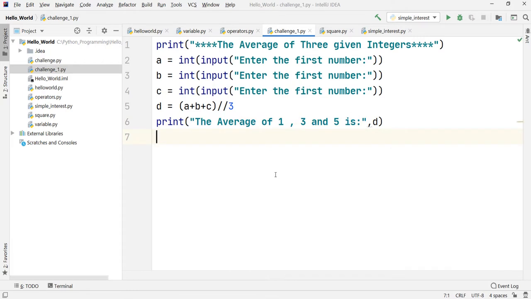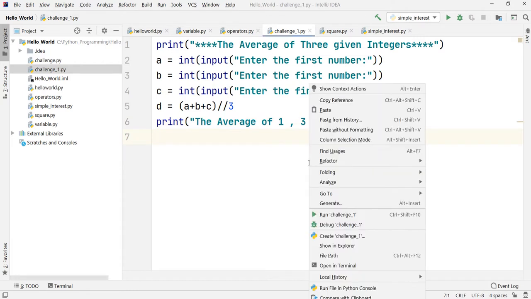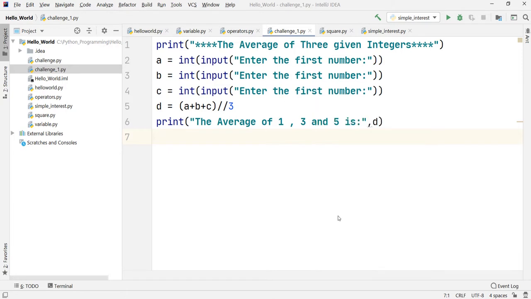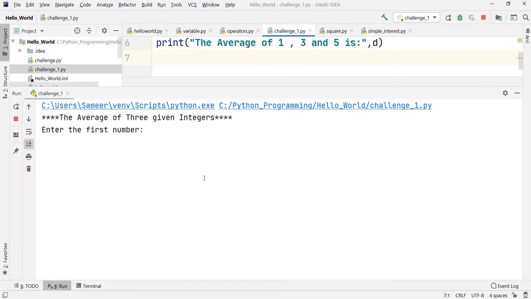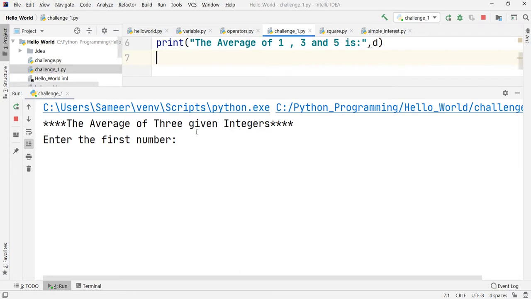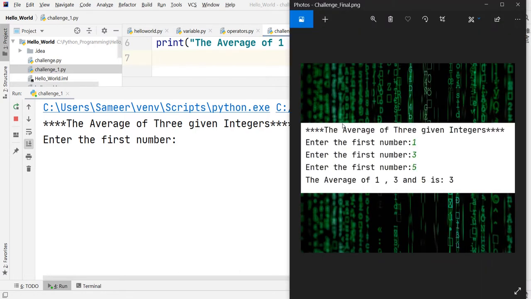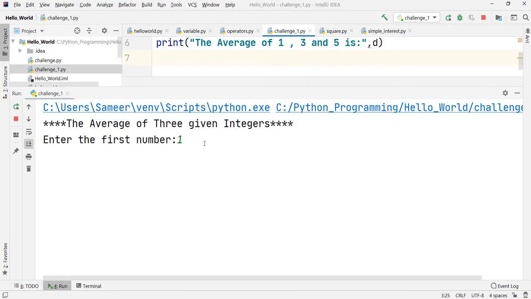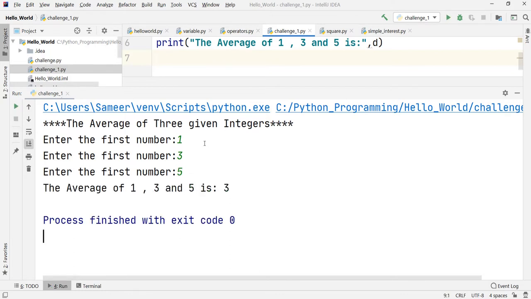Let us check whether we are getting the exact output or not. I'll run this code, and I'll zoom in to check whether we get the same kind of output. As you can observe, 4 stars are there, the same line that we had asked. It asks us to enter the first number, so I'll put 1. As you can observe, it turns green because the user is entering it. The second number is 3, and then I will be asked to enter the third number. I'll put 5, and it is showing me the average of 1, 3 and 5 is 3.